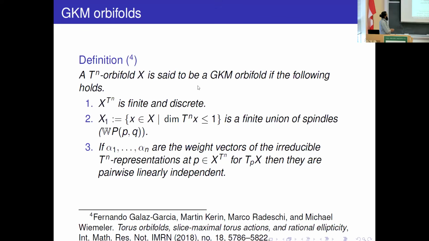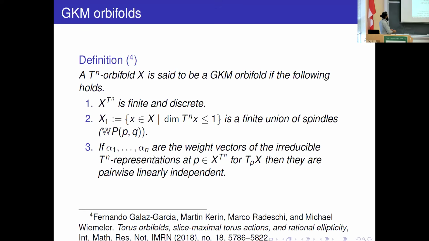So it's a similar definition, many of us know, but let's recall. It will have finitely many fixed points, and they are discrete, and the union of one-dimensional orbits will be a union of spindles. So it's not CP1, but it is weighted CP1, with two weights. Of course, homeomorphically CP1 and weighted CP1 are the same. However, if we see their Chern classes corresponding to that point, they are different. Okay. And it satisfies this one.